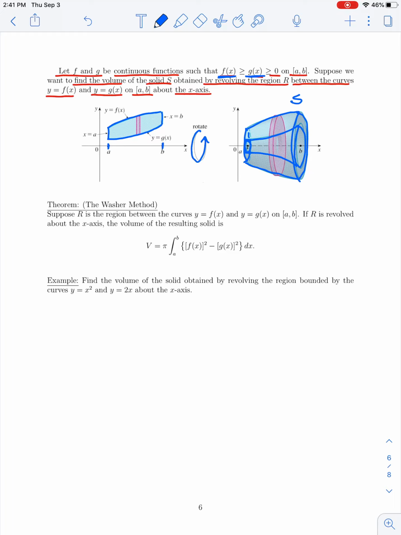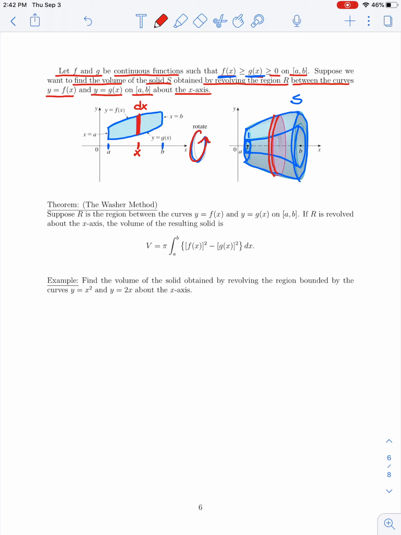So we want to find the volume of this solid that we're calling S, which is clearly a solid of revolution. One way that we can think about doing this is similar to what we did for the disk method. Let's think about taking a small slice through the region bounded between these two curves at a point x, somewhere along the x-axis between a and b, and let's call the width of that thin slice dx. Now, if we revolve that slice about the x-axis, it would trace out this